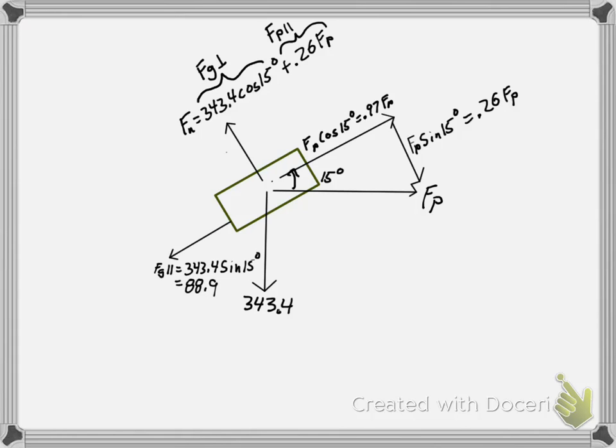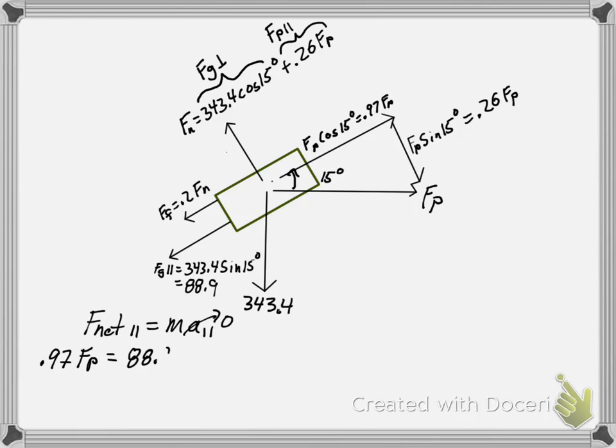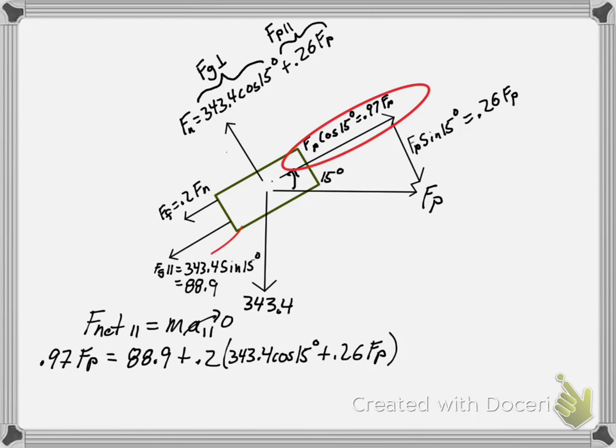And I can also compute the parallel component of the weight. And there's force friction, 0.2 times our expression for force normal that we've already come up with. The first thing I'm going to do is I know that I am in equilibrium, both parallel and perpendicular. So I can go to Newton's law here, and I'm going to look at the parallel forces. F net has to be equal to 0, so I come up with this expression. My applied force must be equal to my gravitational force